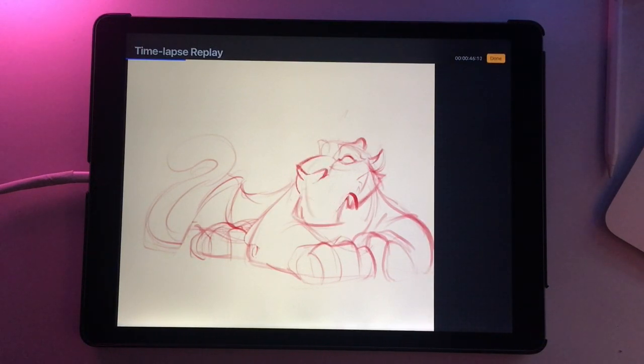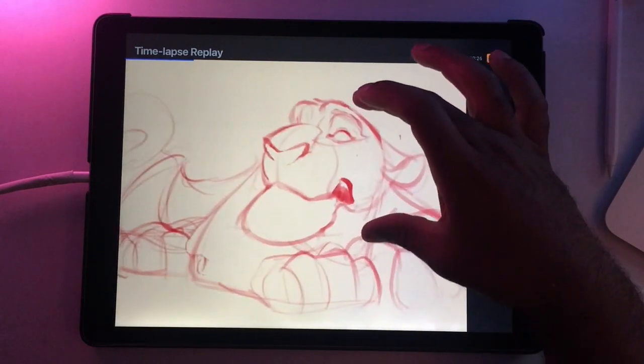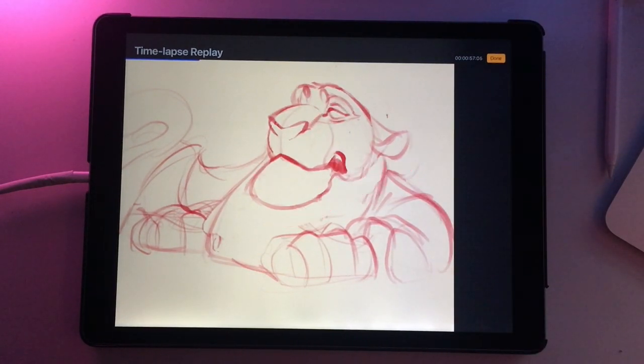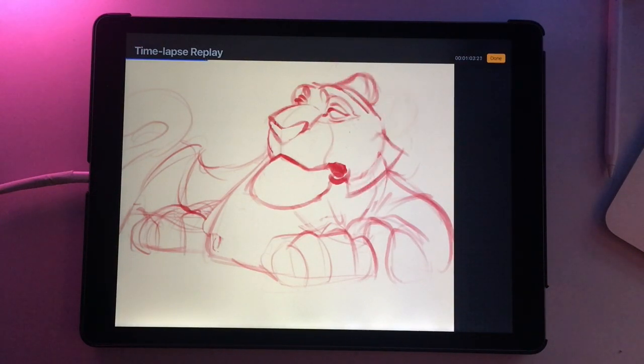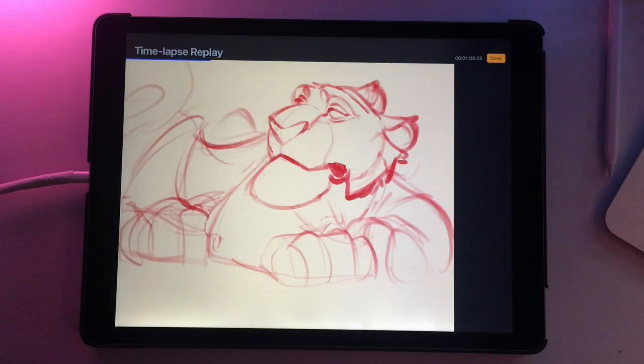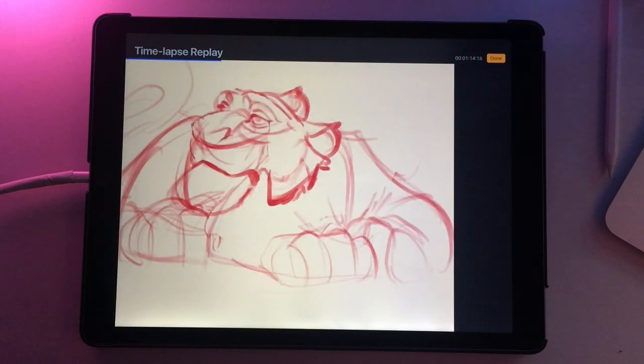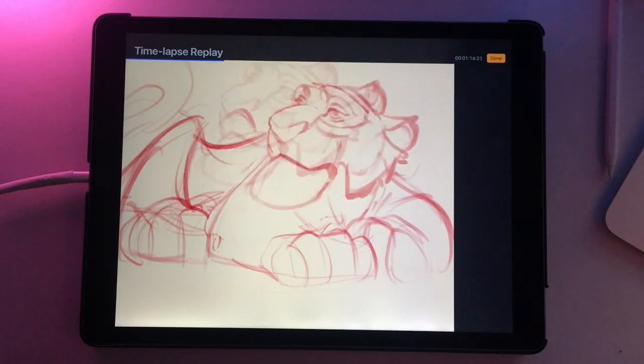It's really all about problem solving and figuring out. As you can see, like on his head, I'm trying to get the shapes right. I'm trying to get the length of his head and his snout. All of that is very tricky, getting the ears right. But that's part of the fun of sketching. I like to kind of sketch something and then just completely work it and then rework it and then rework it again and just try to figure out